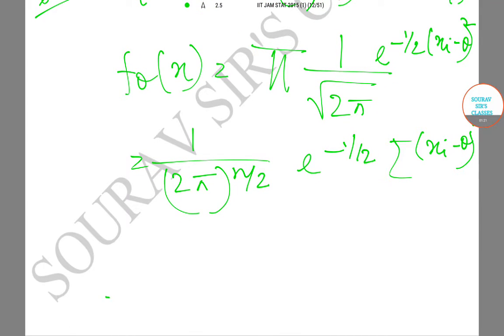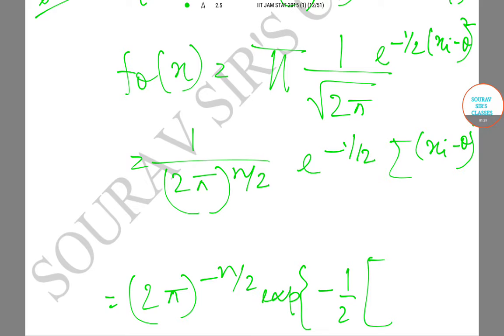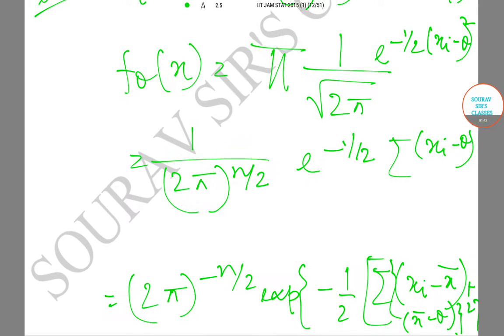This gives us 2 pi whole to the power minus n by 2 exponential of minus half summation of xi minus x bar plus x bar minus theta whole square, and this gives us